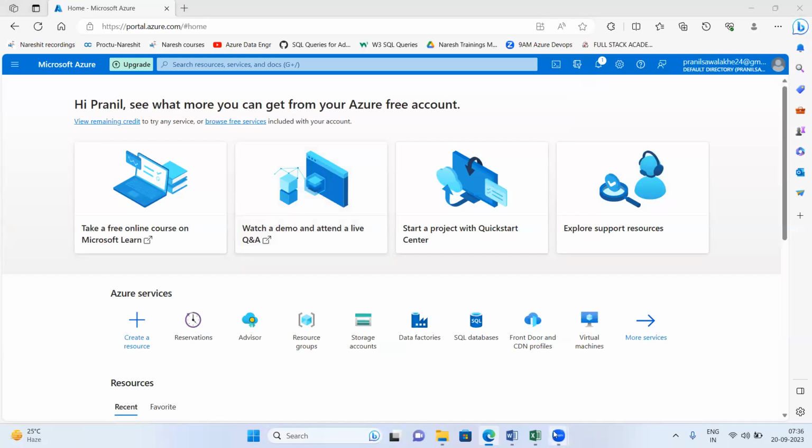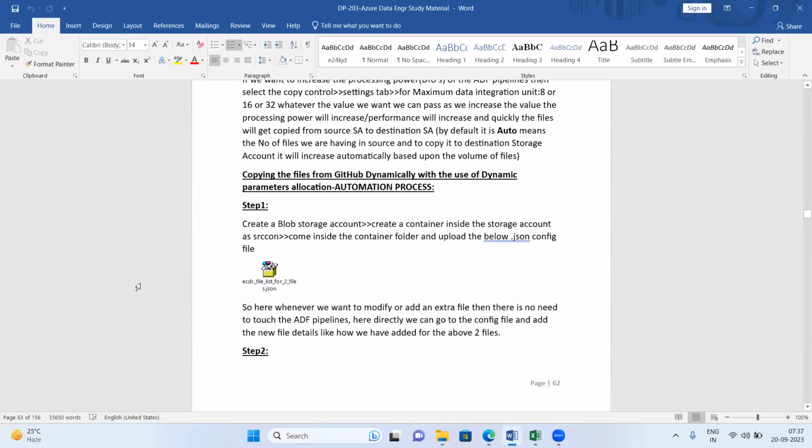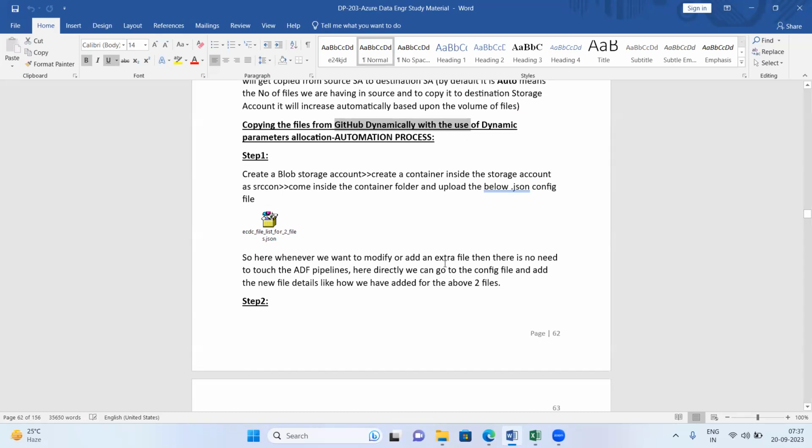All right. So we have to start the class today from this demo, right? Copying the files from GitHub dynamically with the use of dynamic parameters allocation. So from GitHub, we are dynamically copying the files using the dynamic parameters. So we are also creating parameters in the pipelines. And what we'll do, we'll just dynamically load the files into our destination from